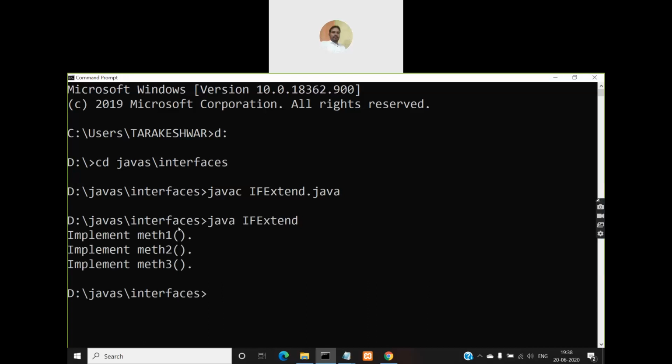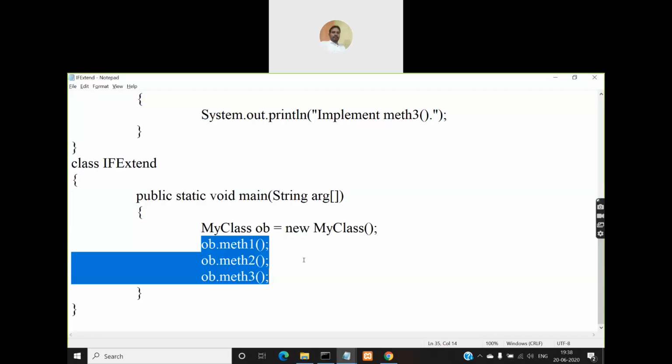As expected, the output is implement met1, implement met2, implement met3. Right. So this is how you can extend interfaces.